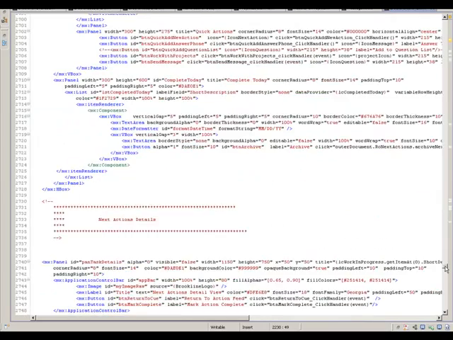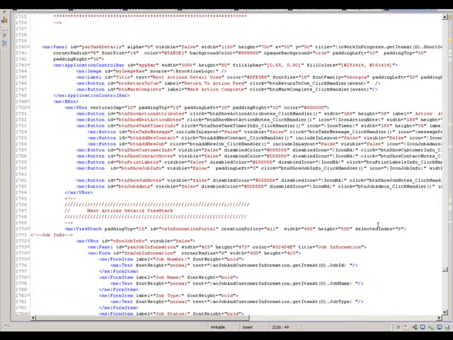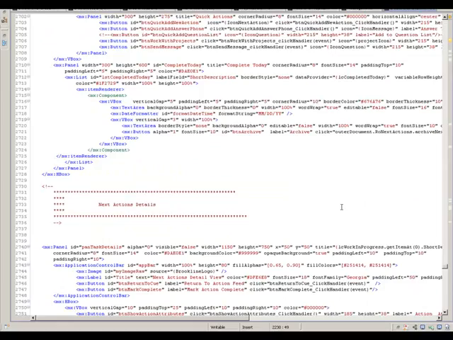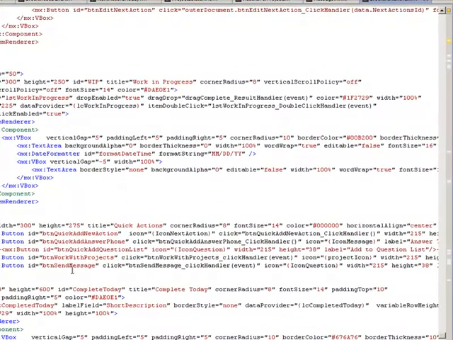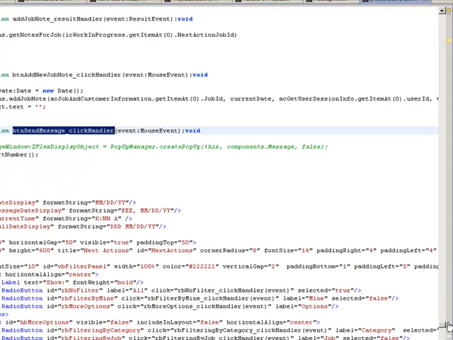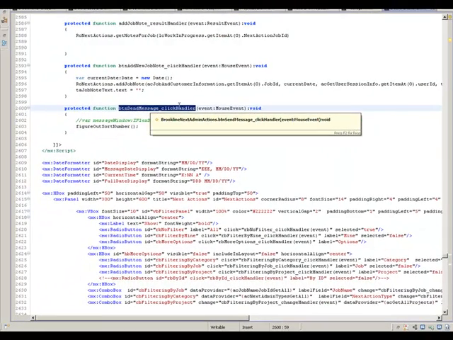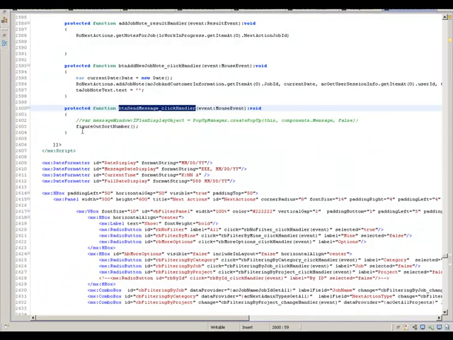If we scroll down to that button, that will eventually be bringing up a pop-up window, but right now we're just going to use it to fire this sort function. So let's take a look at that function. The button send message click handler now is going to actually fire a function called figure out sort number. And if we look at that function up here,